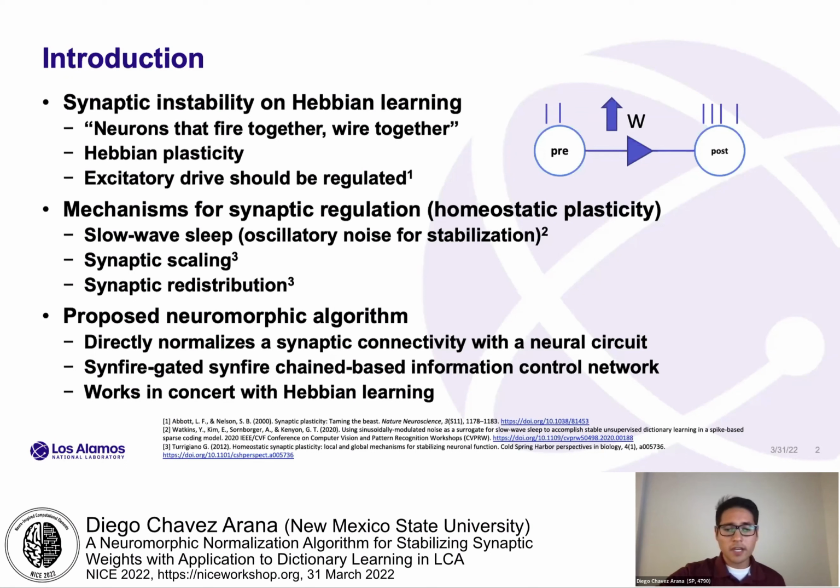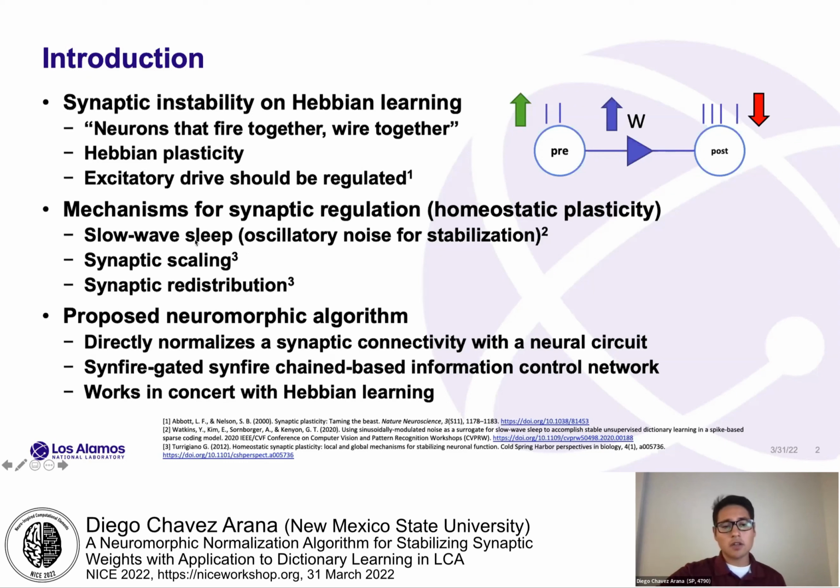However, over time, Hebbian plasticity could cause some stability problems. Since Hebbian learning is a positive feedback process, effective synapses are going to be strengthened, or ineffective ones are going to be weakened. This behavior destabilizes the pre- and post-synaptic firing rates, reducing them either to zero or increasing them excessively. There have been numerous mechanisms for synaptic regulation, or homeostatic plasticity.